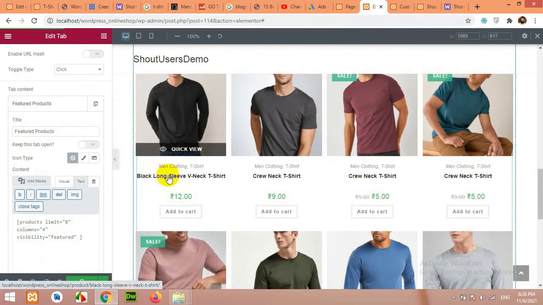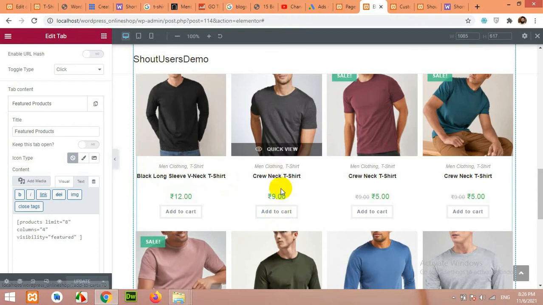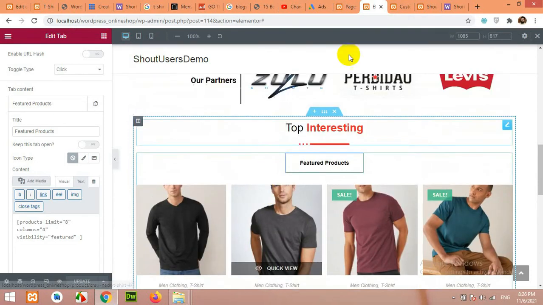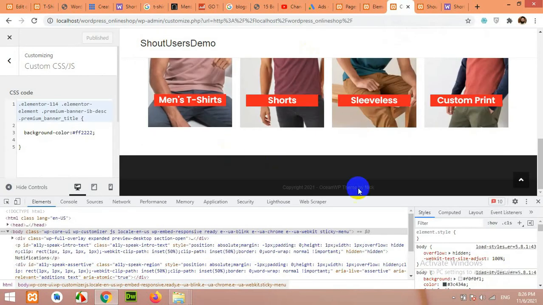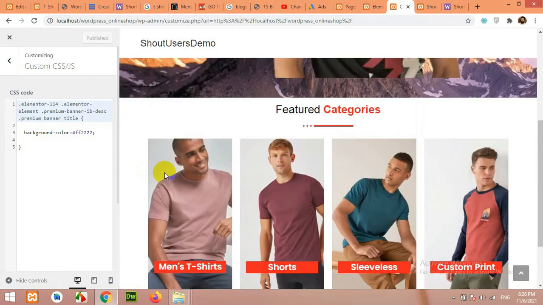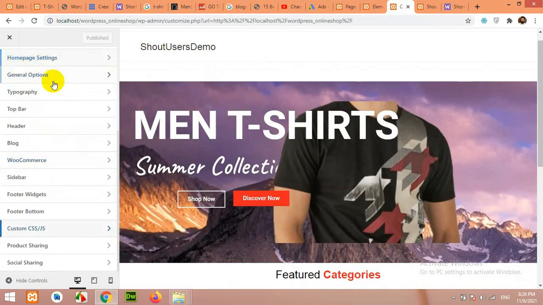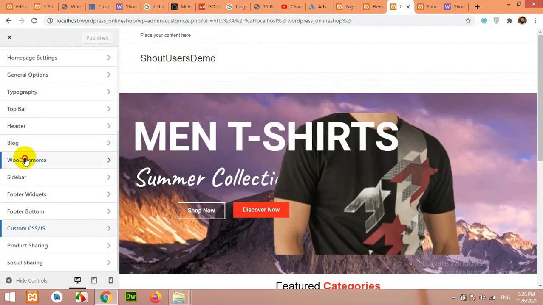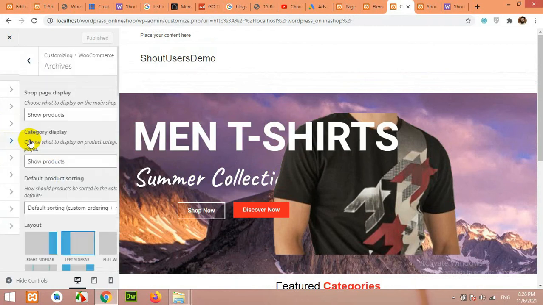Now let's hide these things, the category and the add to cart from this listing. So in customize, come to WooCommerce. This is the customize page. Remember I showed you how to change CSS. So in customize on the WooCommerce archive page,